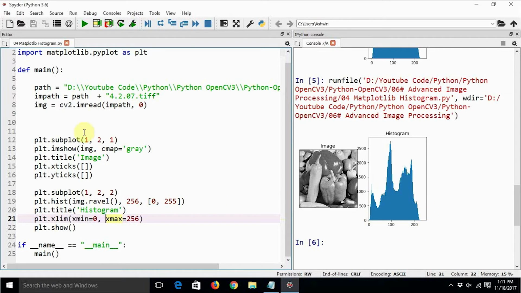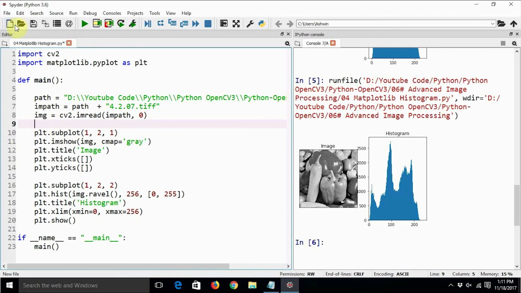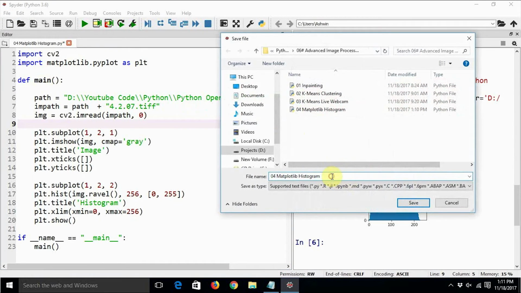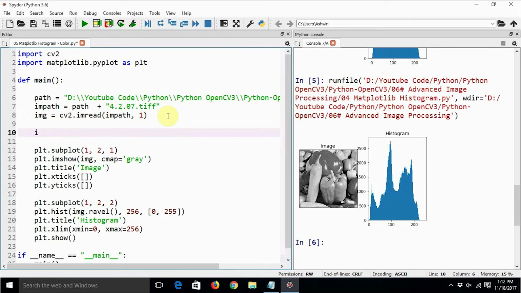So let us calculate the histogram of a color image, and let's see how it looks. We will use the same piece of code, but first of all, we will save it. We'll just say file matplotlib histogram color. Yes, so now we are going to read it in a color mode, img equal to